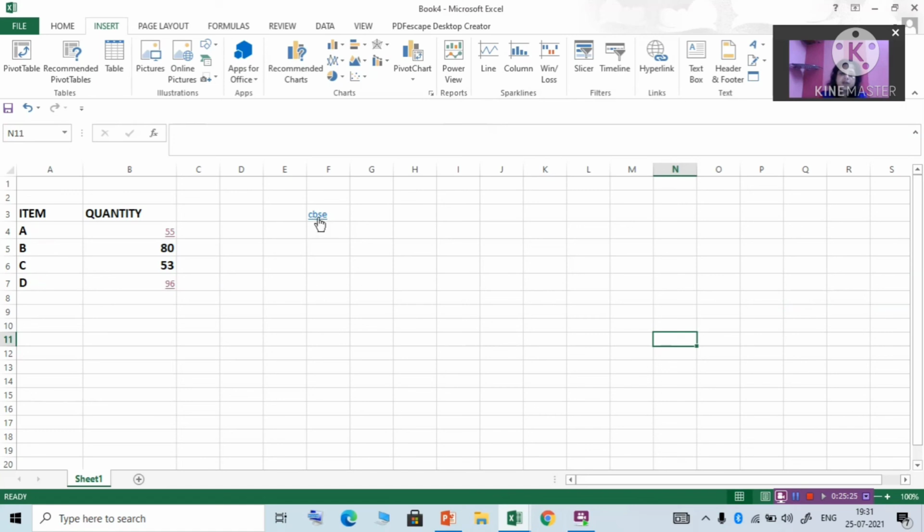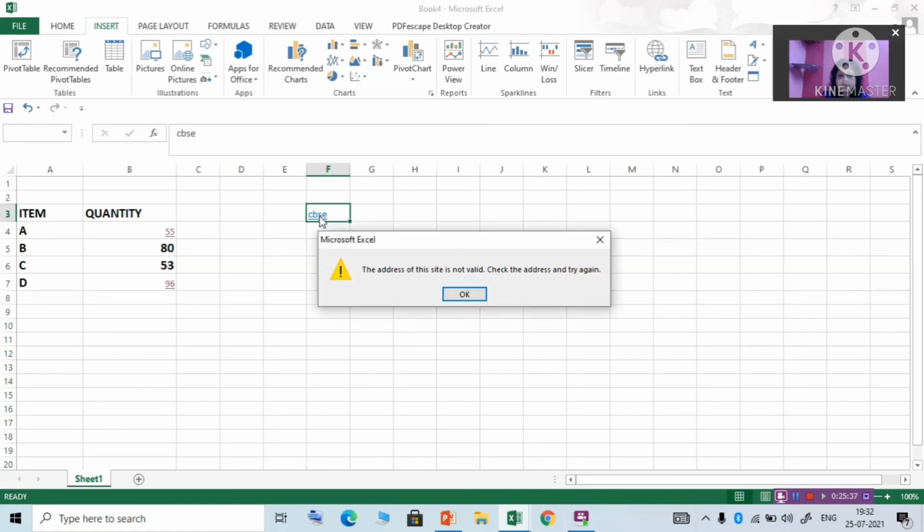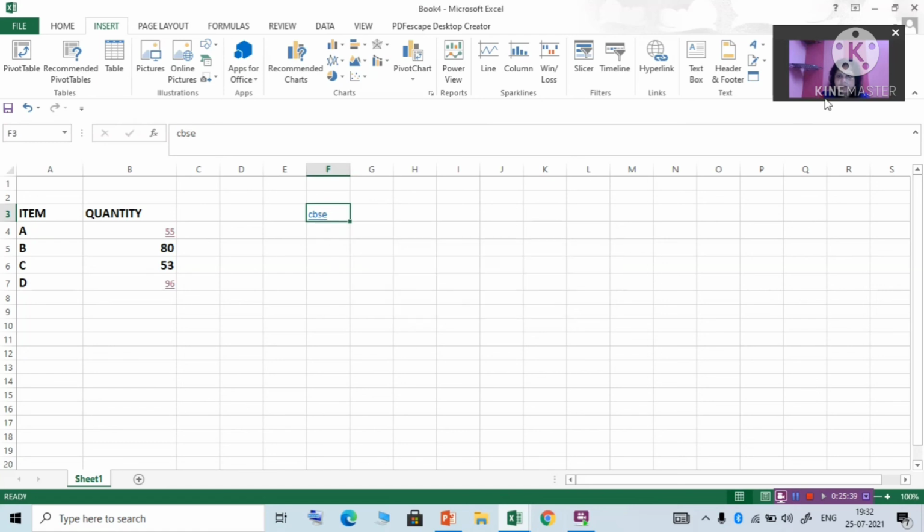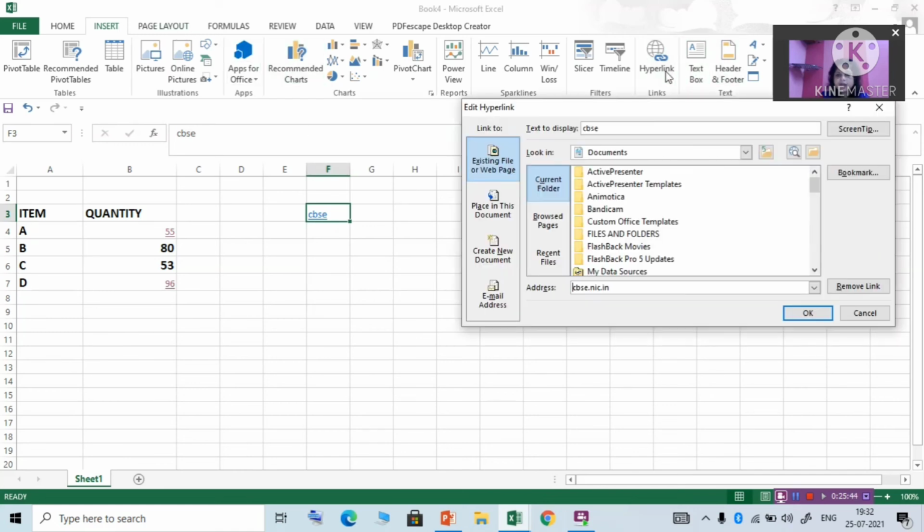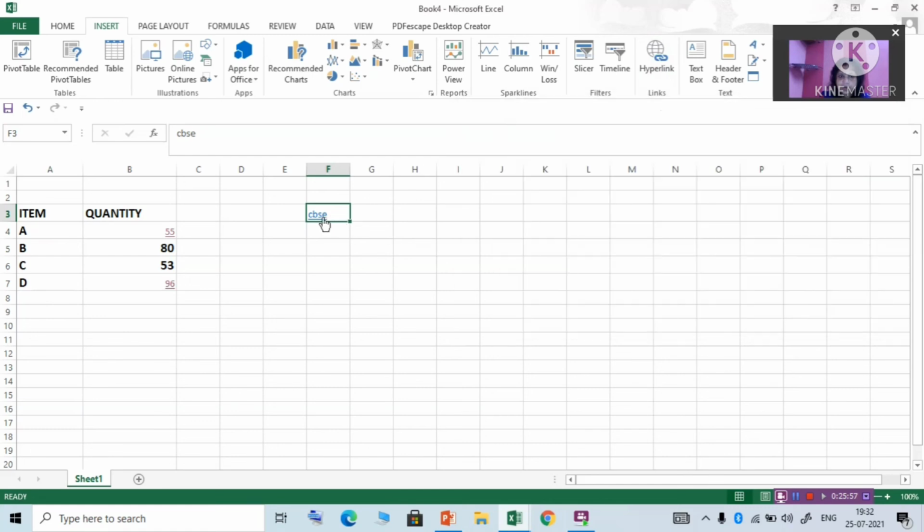You see, when I'm clicking here, it takes some time. Once more, insert hyperlink. If it does not come, you can add HTTP at the beginning. Now you click here.